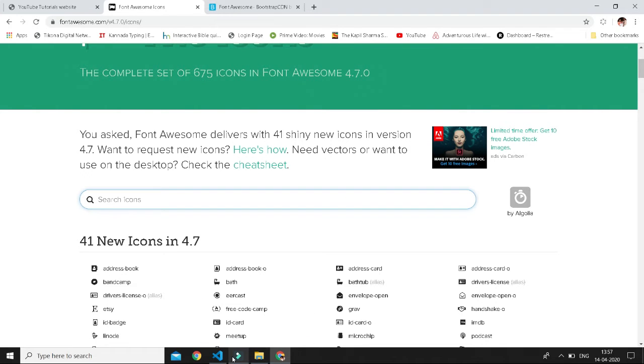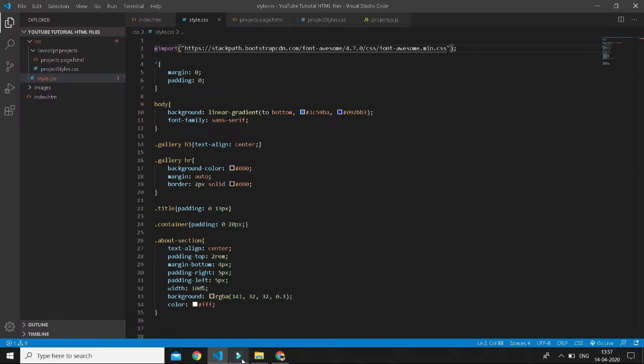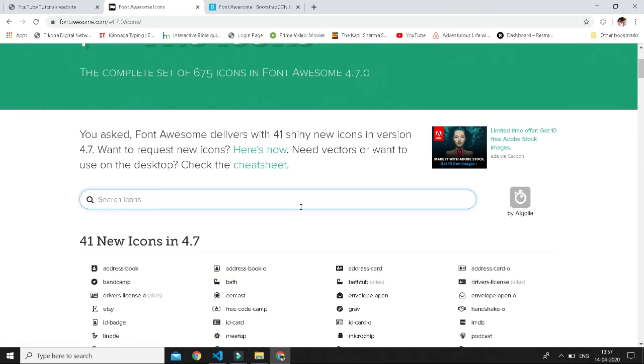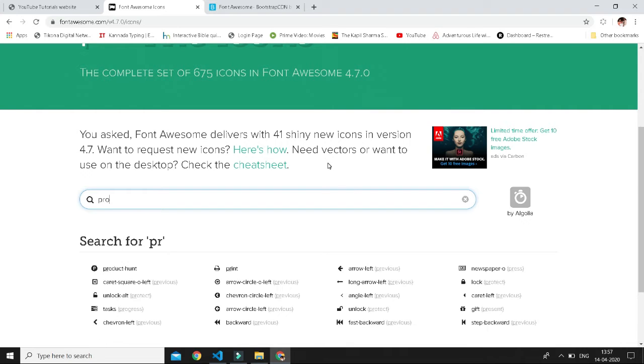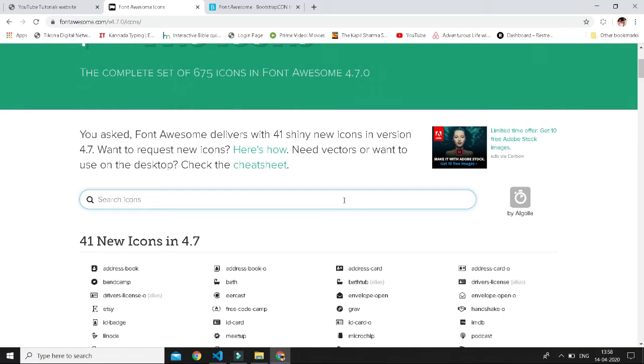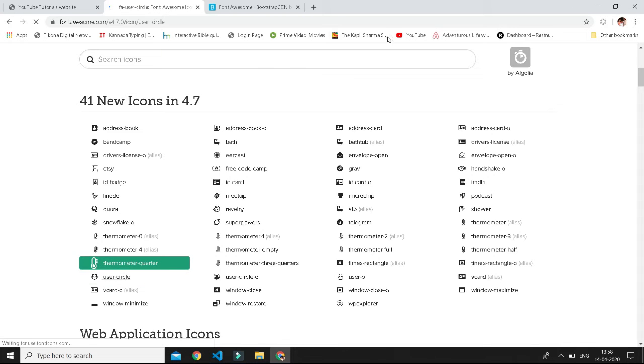So what icon should we put here? So for our about us, let's get profile. So if we have the profile, let's use the user circle,